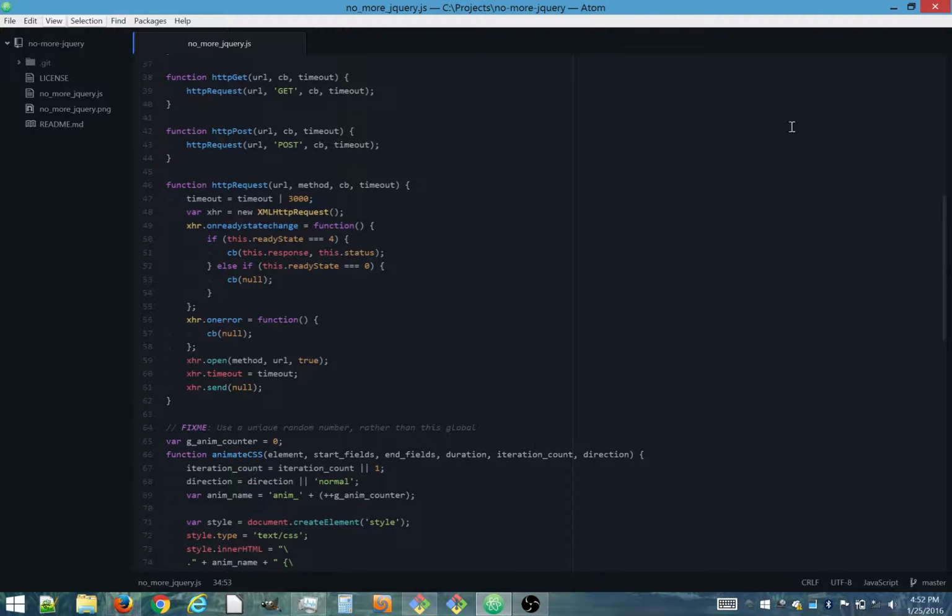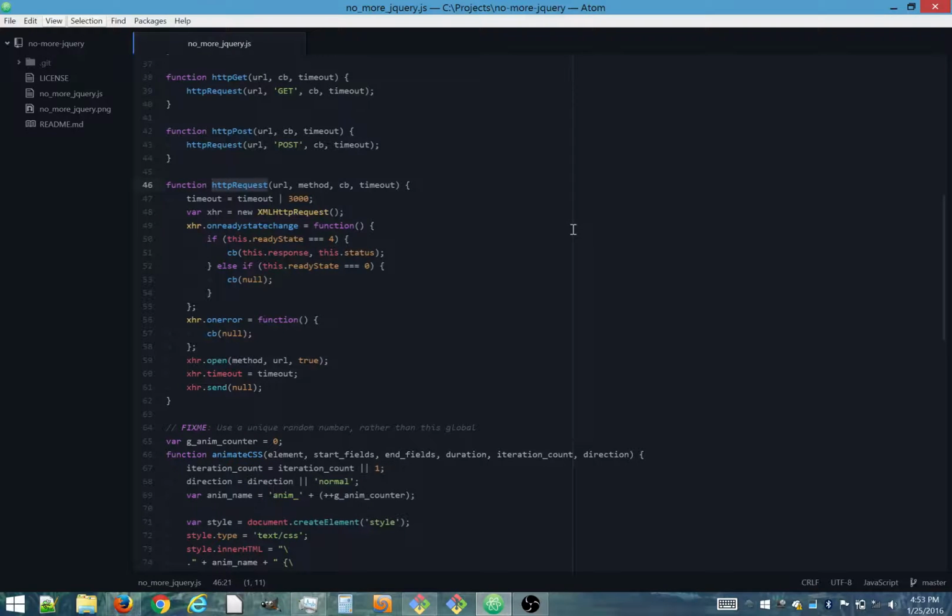And then what else do we have here? A bunch of AJAX wrappers. And instead of giving them some weird implementation detail name like XML HTTP request gibberish, we don't need to know any of that, how it's doing it, just tell us what it's doing. So I'm just calling it HTTP get and HTTP post, and then those just wrap a HTTP